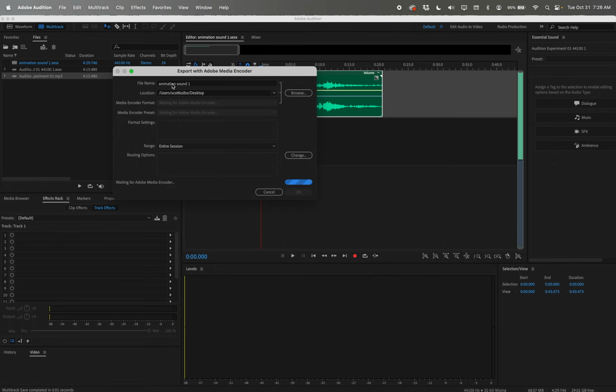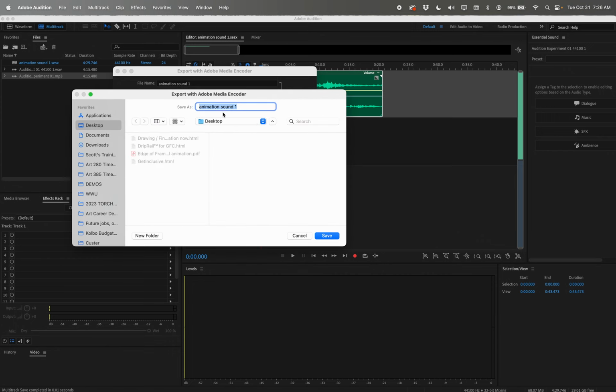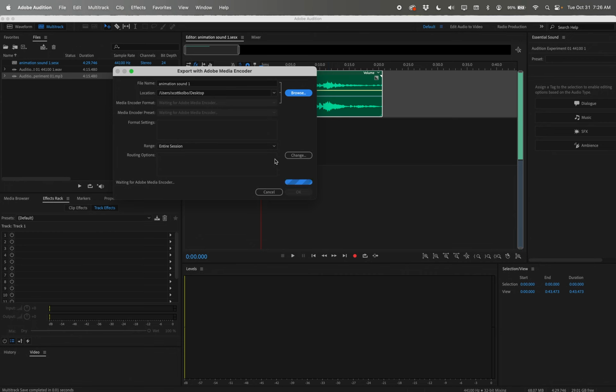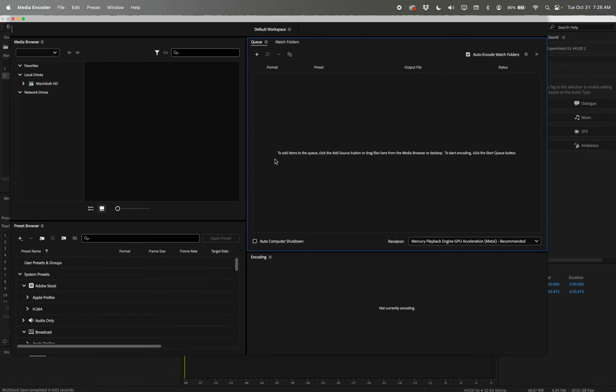So make sure the file name is right again, so you can find it and it's easy to identify. And if you want to change your location, you can click Browse and click this twirl down, and then find your right spot. I'm just going to dump mine on my desktop for now. And then I'm just going to open up the Adobe Media Encoder, and it'll export it out. So this would be just like any other project you've done in Audition already, where you're able to just work it all through and